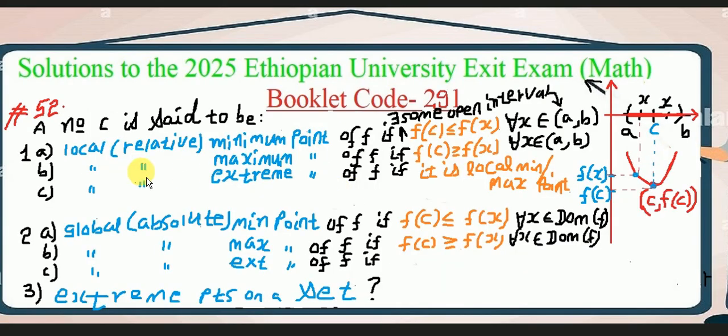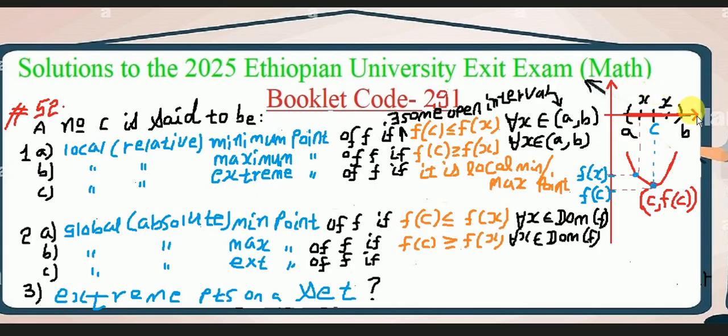Okay, the definition briefly looks like this. A local minimum point can be either a number or a point on the graph. A number c is said to be a local minimum point of f, another name being local relative minimum, if the value of the function at c is less than or equal to the value of the function at x whenever x is taken from some interval around c, an open interval